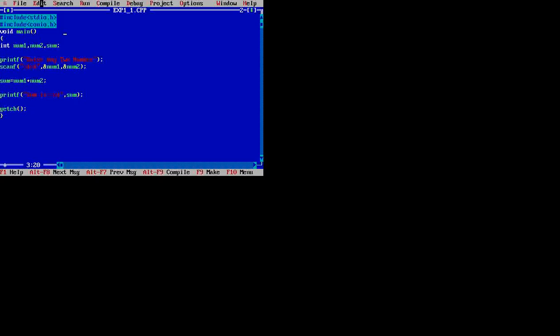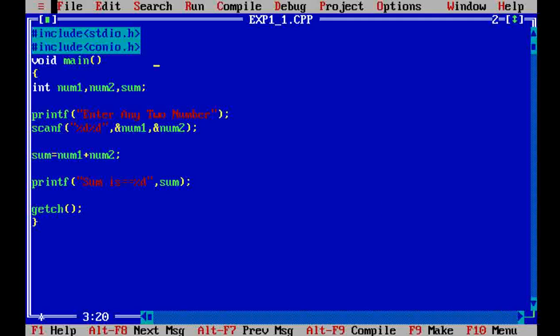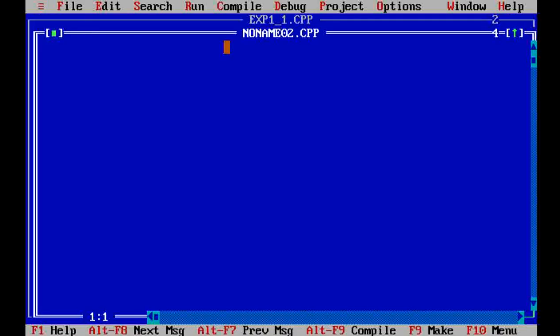So we open our C editor and make one more program, by including the header file, that is include stdio.h header file. Then we include another header file, that is conio.h header file.